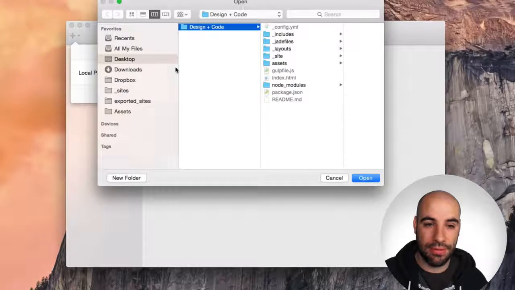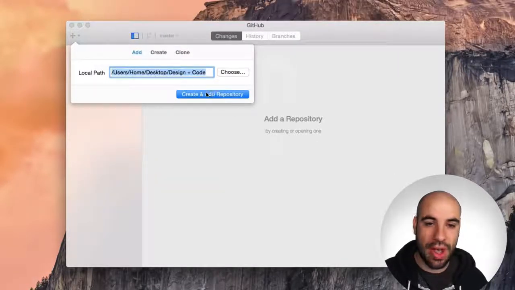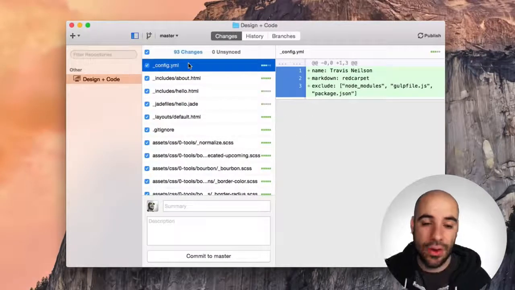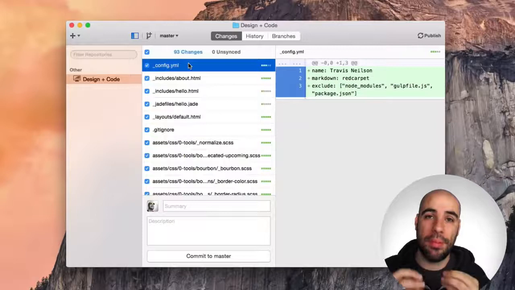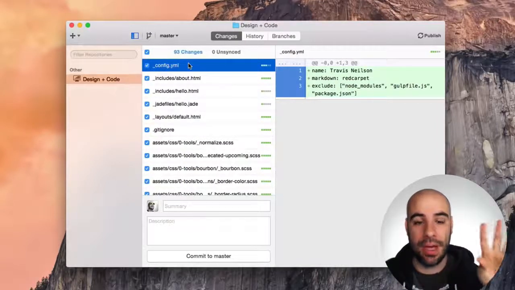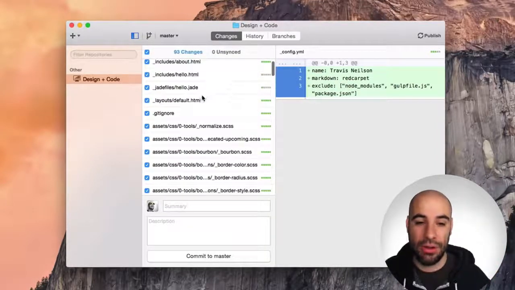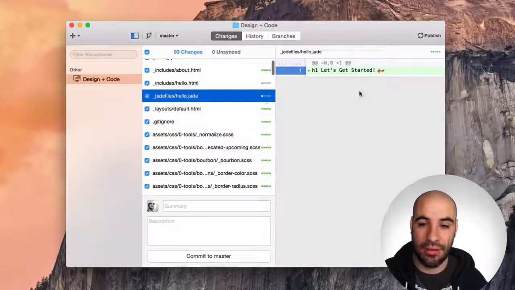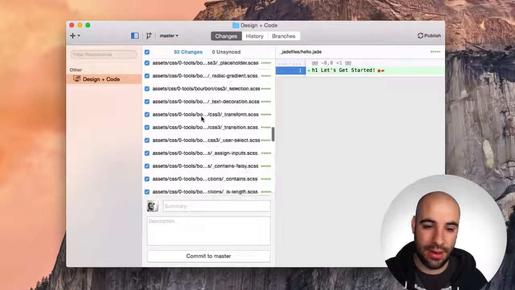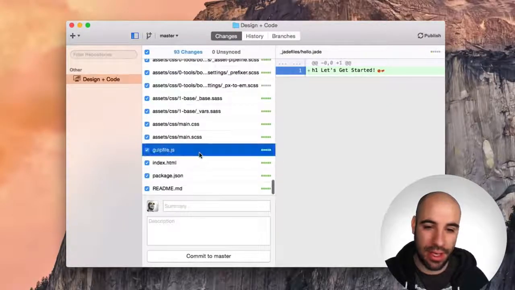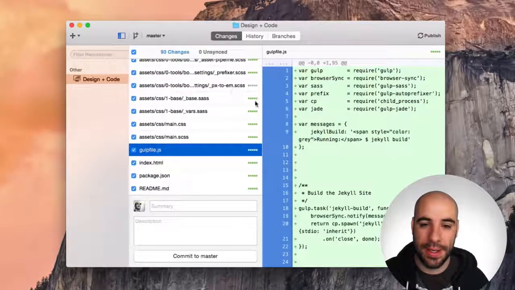So I'm going to choose the folder from the desktop and open it. Create and add repository is the blue button here, and what this does is it creates a local repository on my machine. It's not up on github.com yet, and I can go through and take a look. Here's my hello file, here are my other files, like here's that gulp file that we worked pretty hard on,